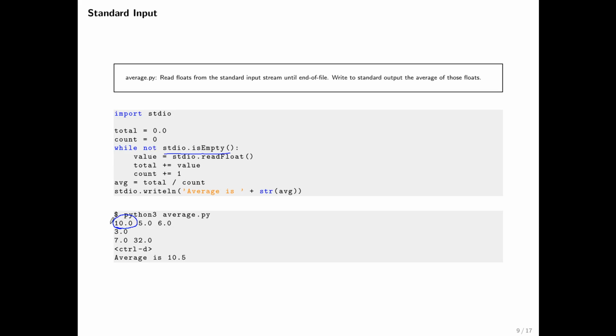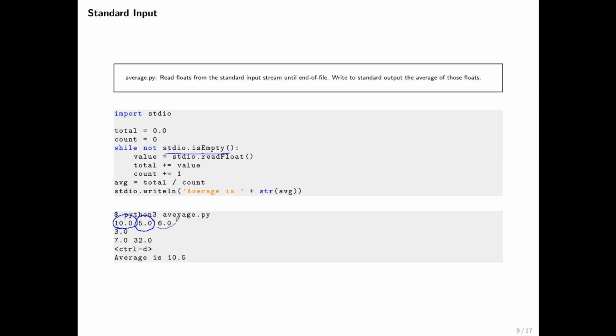So value is now 10, and 10 gets added to total, so total is now 10. And since we have read a number, we increment count by 1, so count is now 1. Okay? And then next time around, the user types in 5, and that is not the end of file signal, so we end up reading it here and assigning it to value. Value gets added to total, so total is now 15, count is now 2, and then the next time around